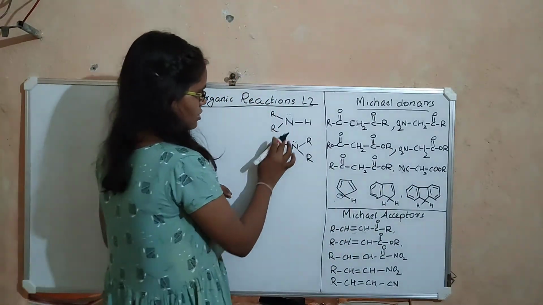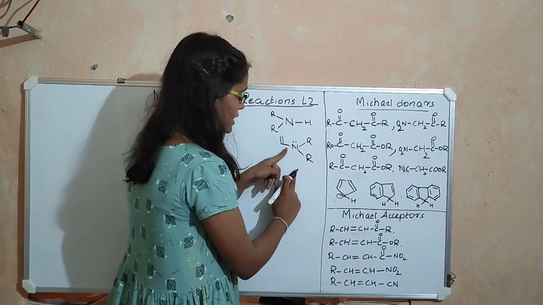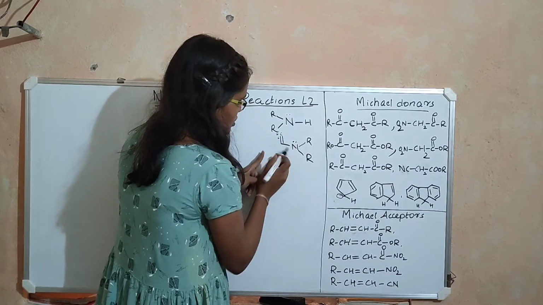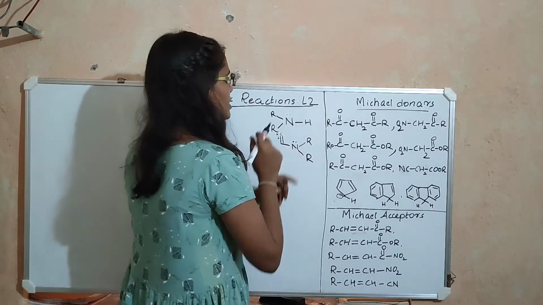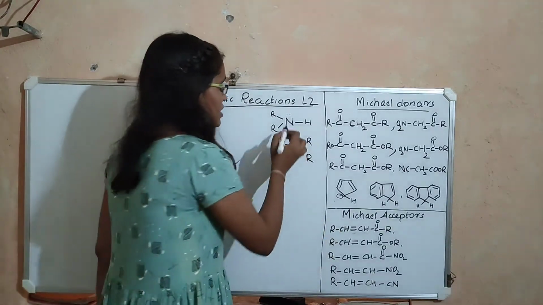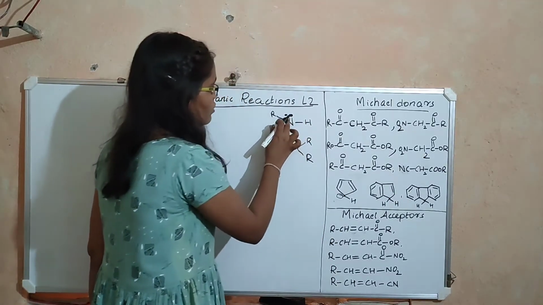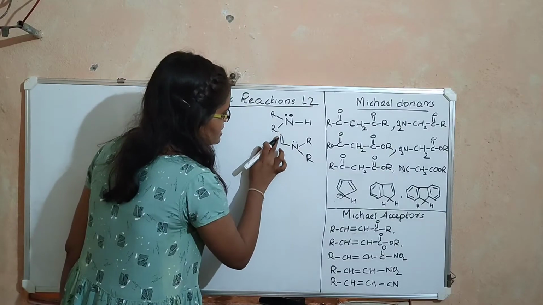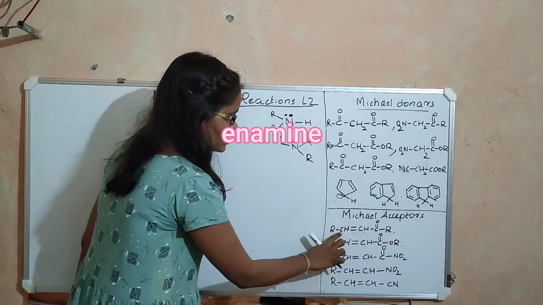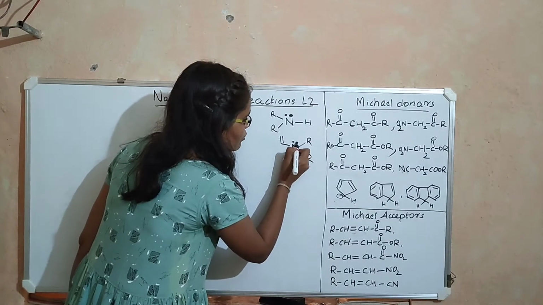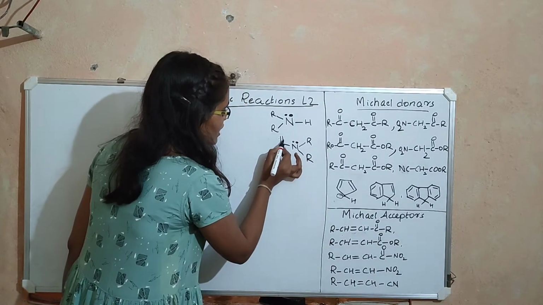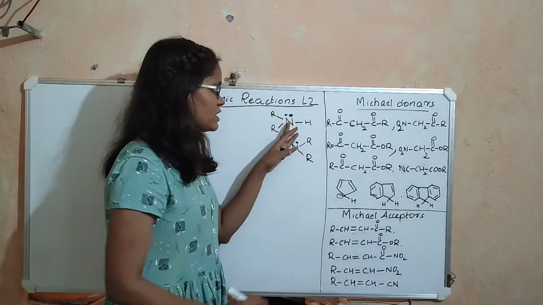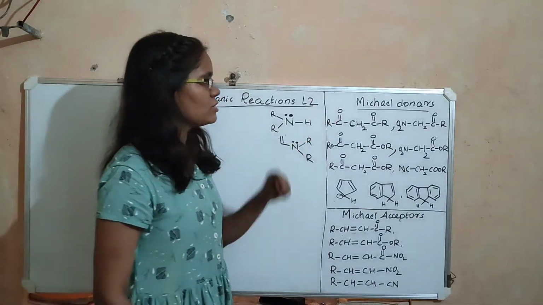Now look at this. This is an amine and this is an enamine. You have an amine group on a double bonded carbon, I mean between two double bonded carbons. So therefore this is an enamine and this is an amine. These do not give away the H plus, but this nitrogen you see already has a lone pair of electrons to donate to this electron deficient carbon. And look at this enamine. This can donate the electrons to this carbon in two ways. Either it can donate this lone pair of nitrogen to this beta carbon, or it can donate these pi bonded electrons to this beta carbon. Okay, therefore these two compounds, that is amine and enamine, can also act as Michael donors.